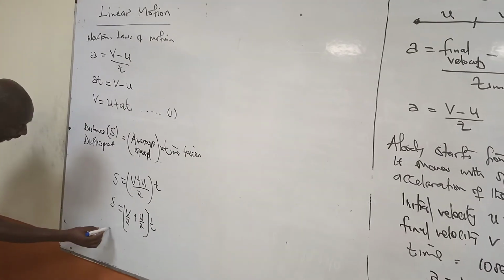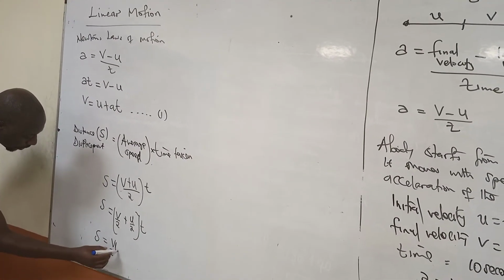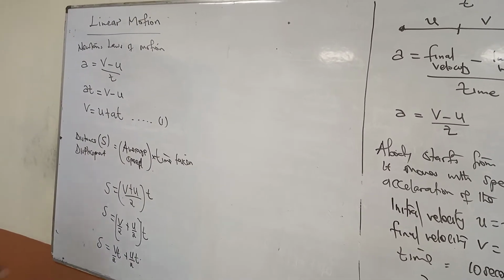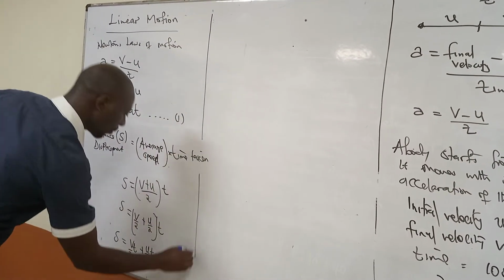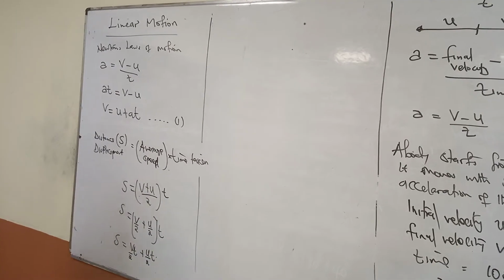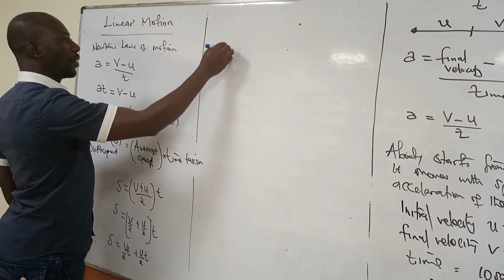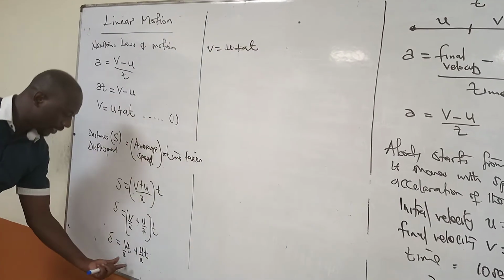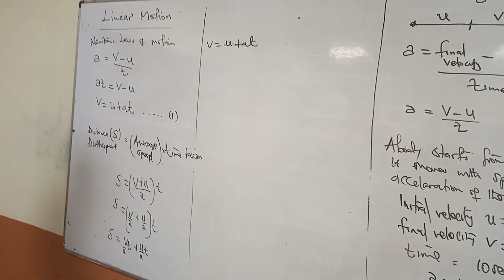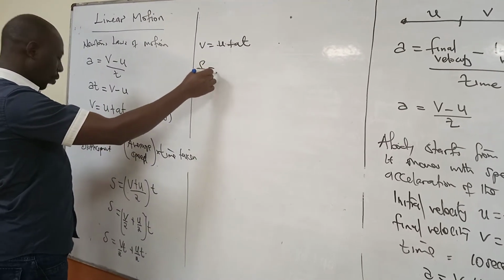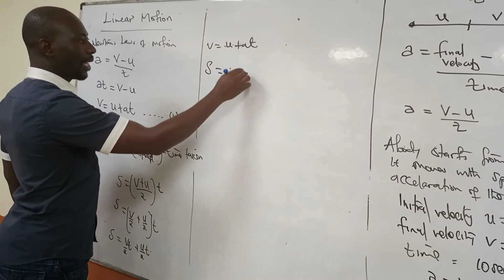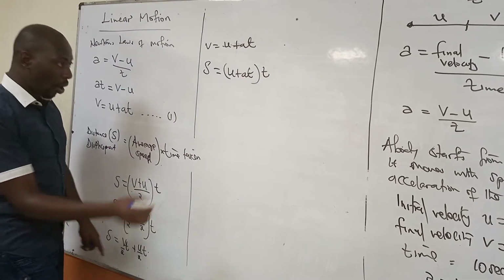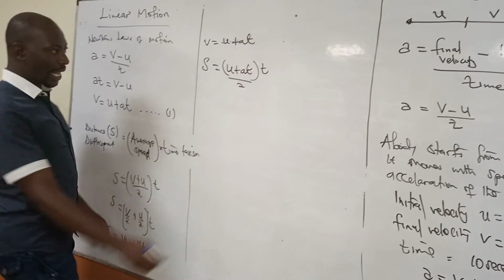We expand it further and find that S is giving us V over 2T plus U over 2T. But from equation 1, we found that V is equal to U plus AT. So we can replace V in this equation with the value which we have found in equation 1. So we'll find that S is equal to V, which is U plus AT. That is this part. Then you multiply with another T such that VT, everything divided by 2, plus